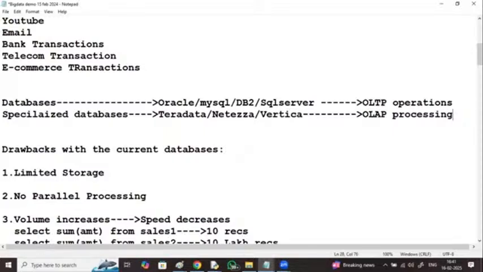Second, batch applications. Online applications are user interactive applications, where the user gives the input.